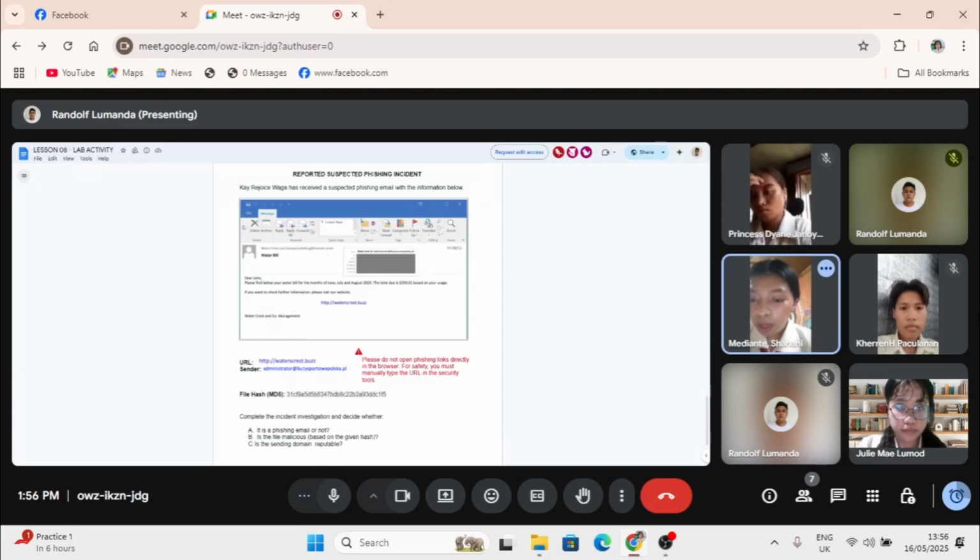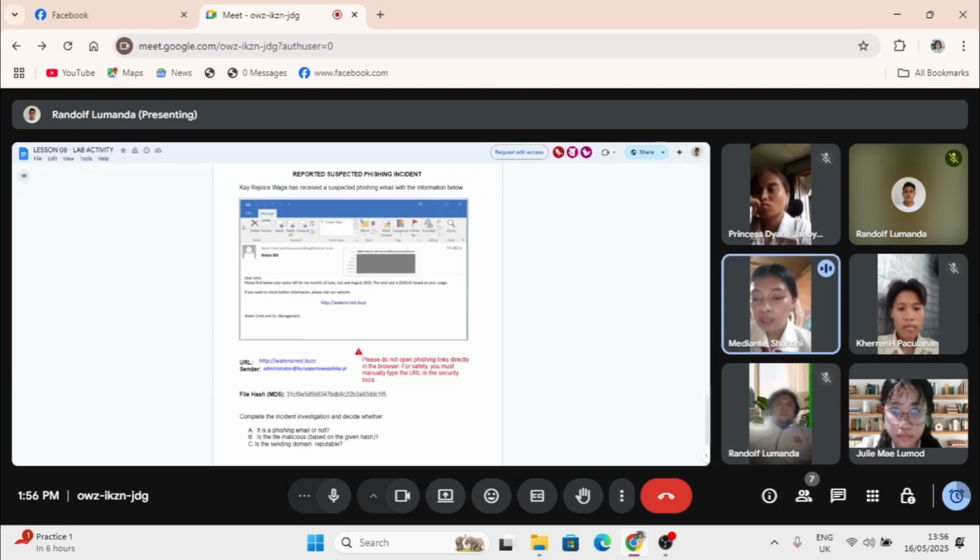The email has three suspicious things: a strange URL, a file with an MD5 hash, and it was sent from an unknown email domain. We are going to check all of them to see if this is really a phishing attempt.